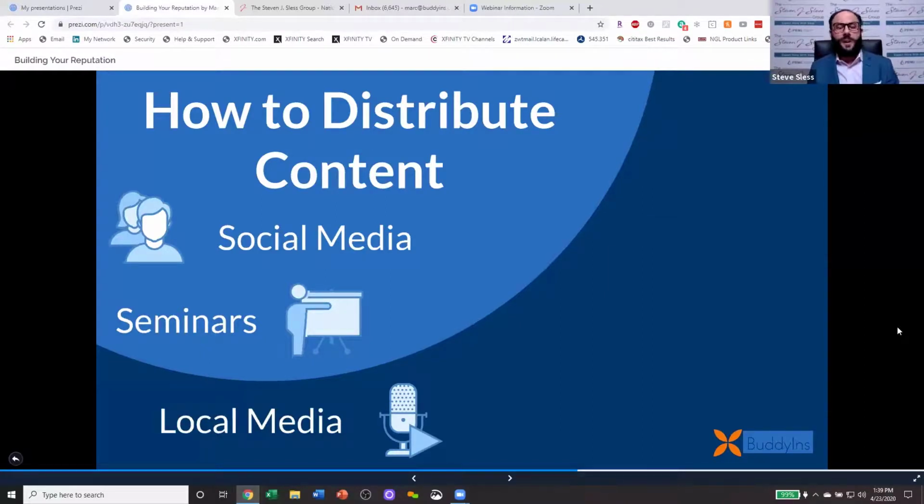Media is always searching for content. And if you position your content correctly, you can pitch it to the media and they'll be more than happy to come out and cover you. Very cool. That's exactly the segue. I know you've been on local media, so I'm sure a lot of people are wondering, how did you get those opportunities, especially the free opportunities with those major networks to be on TV?